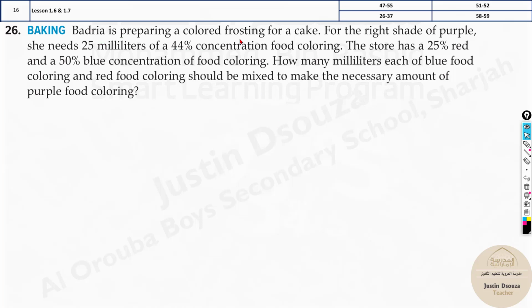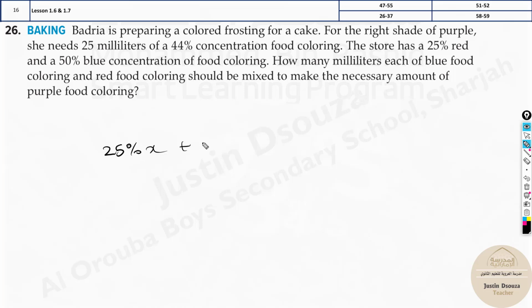Badriya is preparing a colored frosting for a cake. For the right shade of purple, she needs 25 milliliters of 44% concentration food coloring. Okay, so 25 milliliters of 44%. The store has a 25% red and 50% blue concentration of food coloring. Now here, red coloring and blue coloring, you can take this as X and Y. So if we write